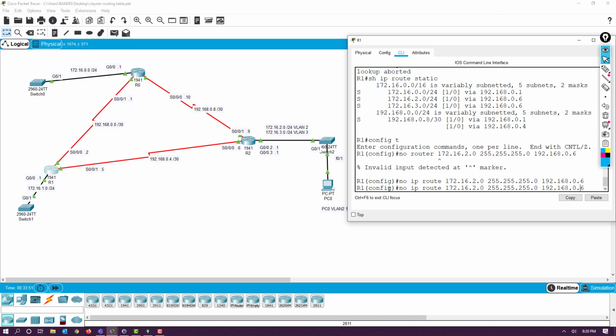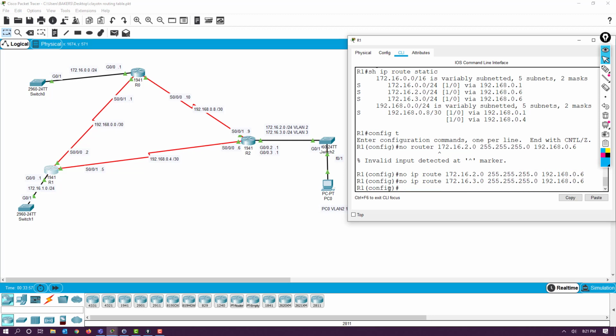And I'll remove the second one, the 3. Now I'm just removing the primary route. I'm not doing anything with the secondary, though I would want to go out and also do the secondary. Now I can add it back, starting at 2 with a subnet mask of this time a 254, which is a range of 2,